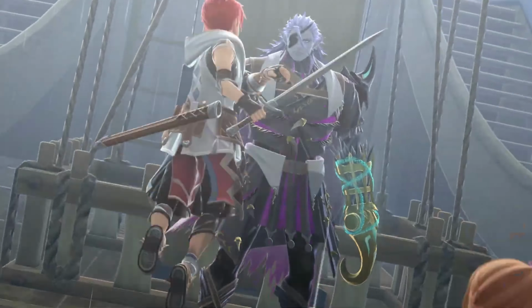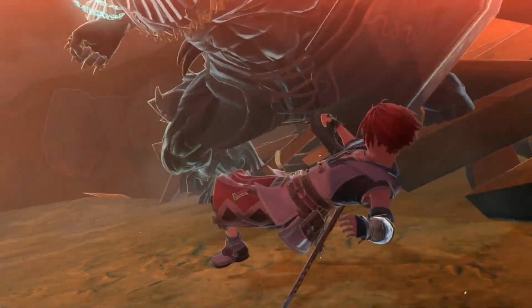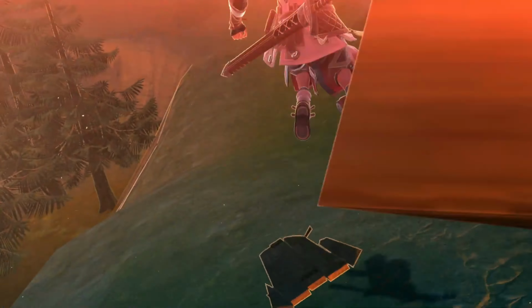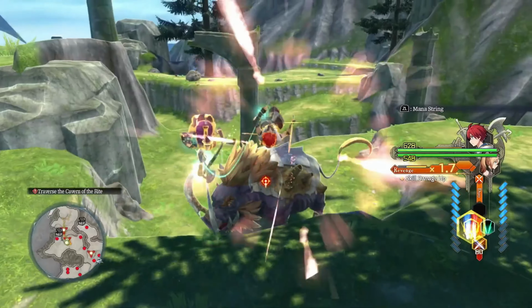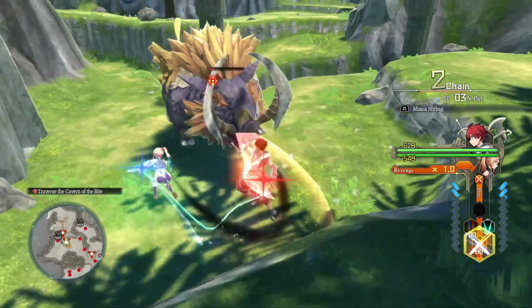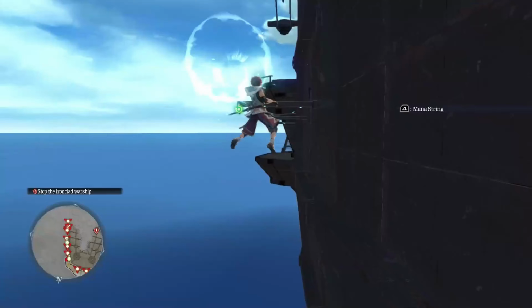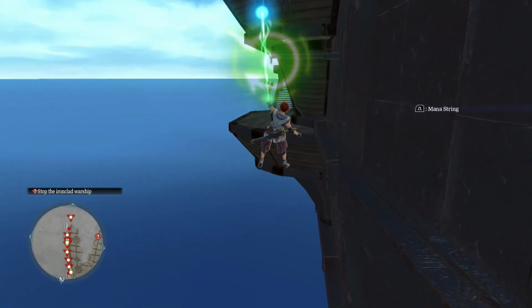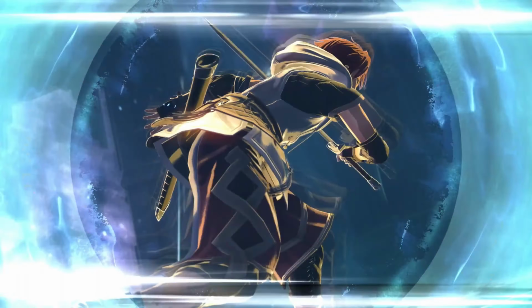Combat, as always, is a highlight in Ys 10. It feels smoother and more polished compared to Ys 9. The introduction of the new cross-action system is a game changer, literally. Unlike the previous games that relied on distinct weapon types like strike, slash, and pierce, Ys 10 replaces this with a more flexible approach where players can switch between solo mode and combination mode, allowing for greater control and variety